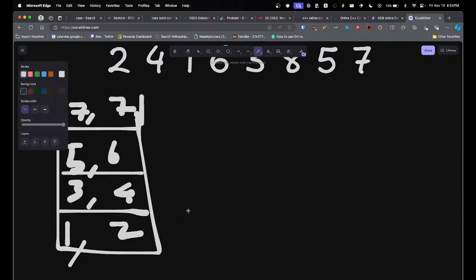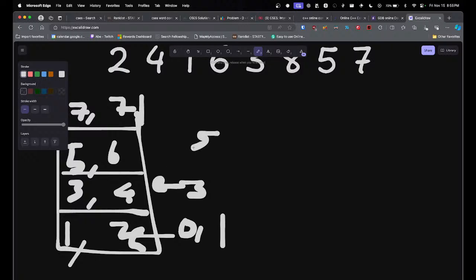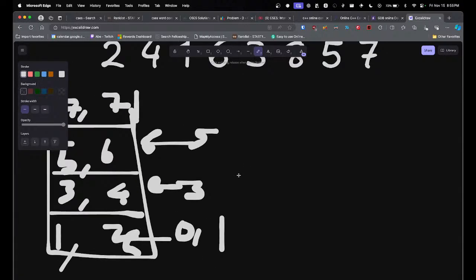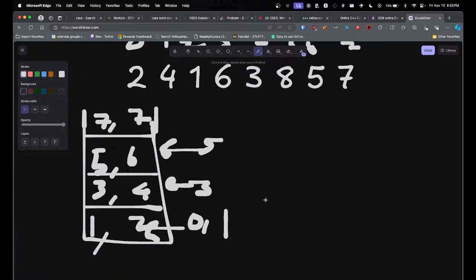Yeah, let's do this. Got it. 0 comma 1 can jump onto here. Okay, 3 can jump onto here. 5 can jump onto here. But now there's a catch. Wait. If I just do this,